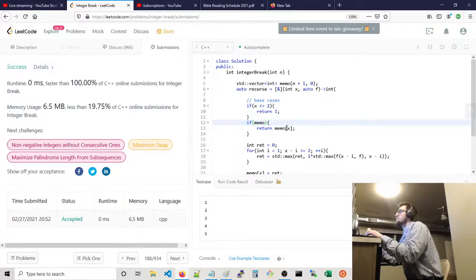Let's not do it this way, let's check the size. That size is greater than x, oops. And we've already calculated it, so